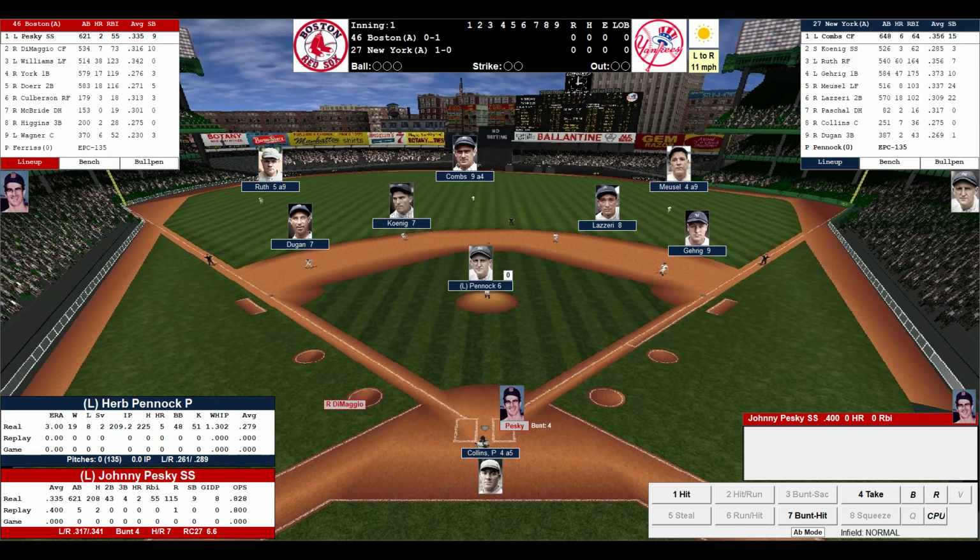We have Ruth in right field. That is really bizarre. The pitcher shows him in left. Wow. Well, that's strange. Gehrig's at first, Musial's in left, Lazzeri's at second, Pasquale's the DH, Collins does the catching, and Dugan's at third base. That is very weird. Alright, well, we found a glitch. Let's just go into options for a second. It's not going to let me do that. Alright, so Pennock